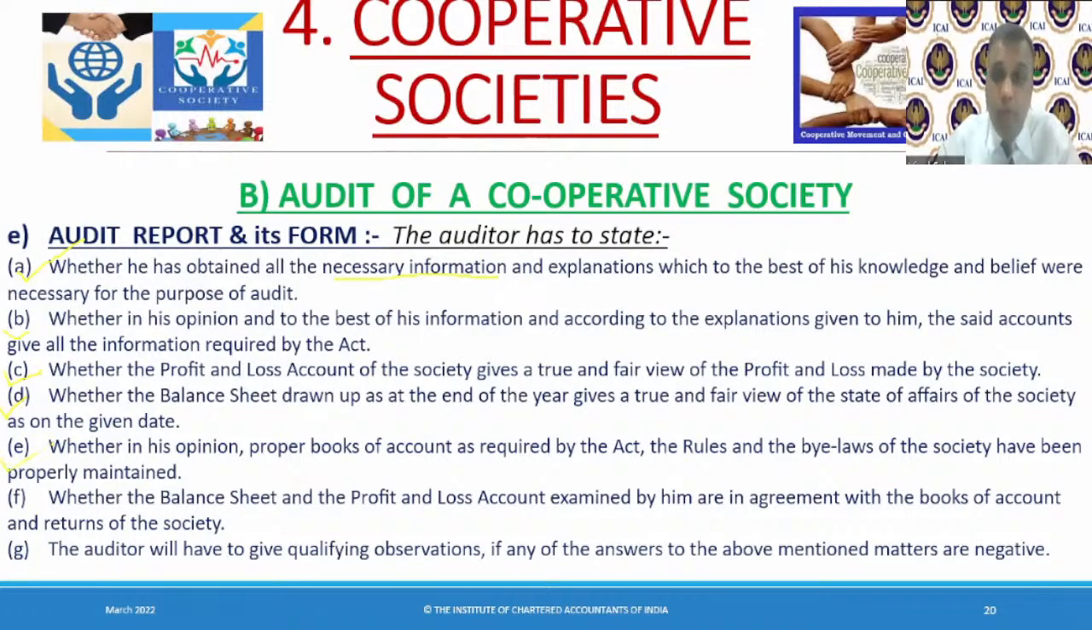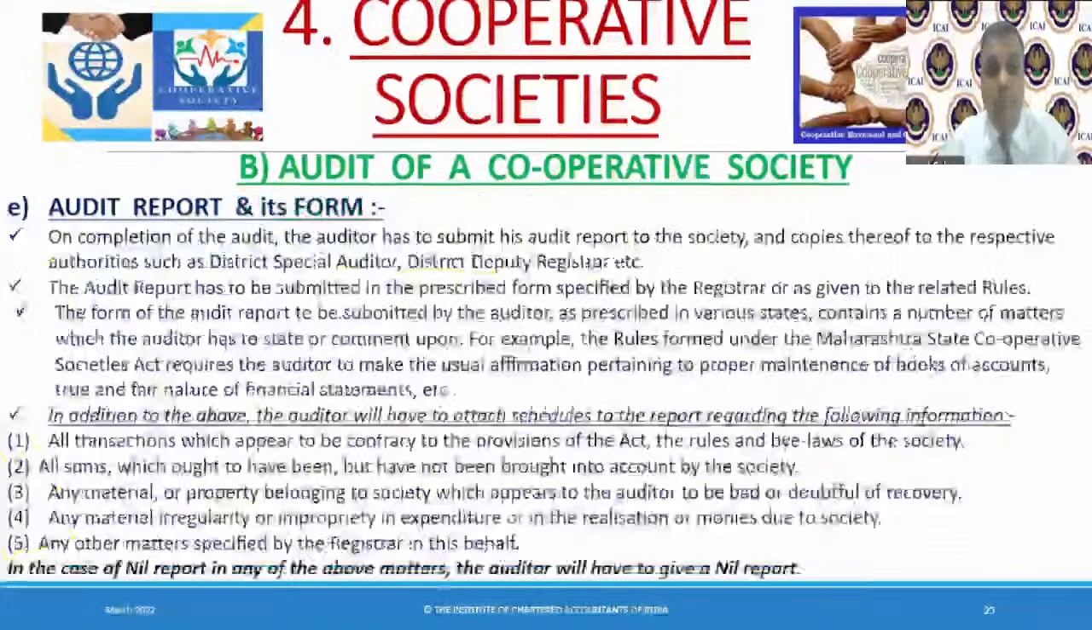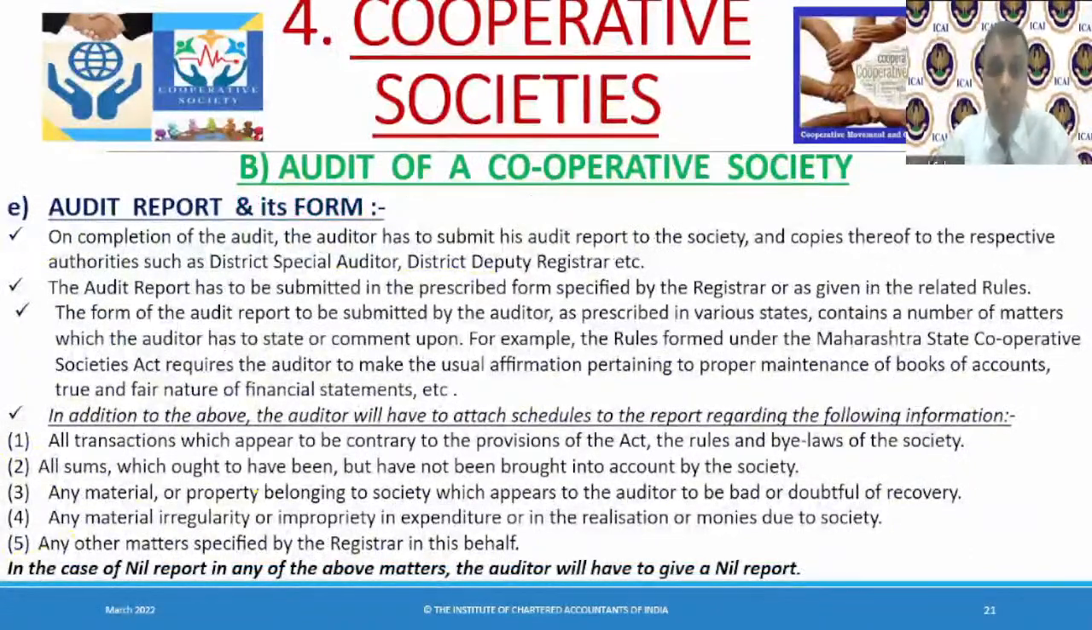Whether proper books of accounts are kept, and rules and bylaws are being properly maintained. Whether the balance sheet and profit and loss account examined by him are in agreement with the books of account; they are not differing from each other. The auditor has to give his qualifying observation if anything of the above-stated matters is negative. On completion of the audit, the auditor has to submit his report to the society